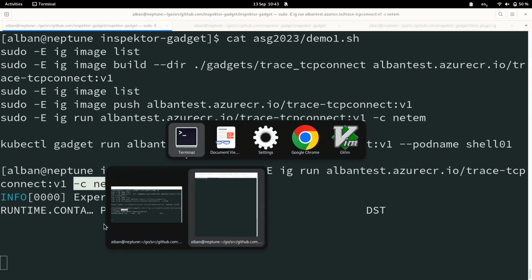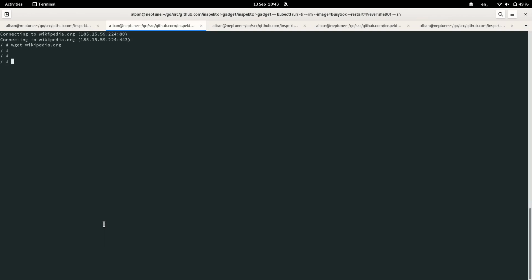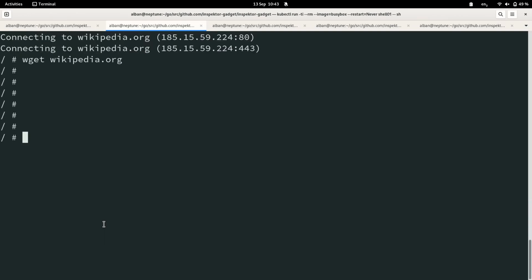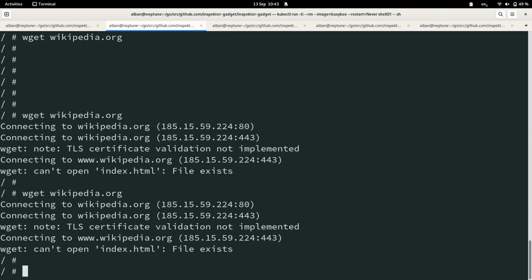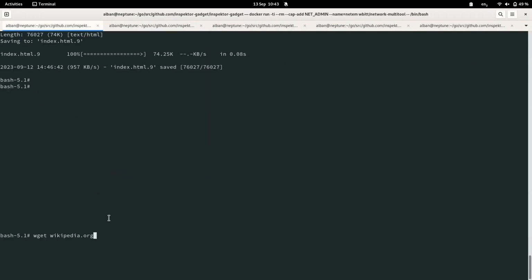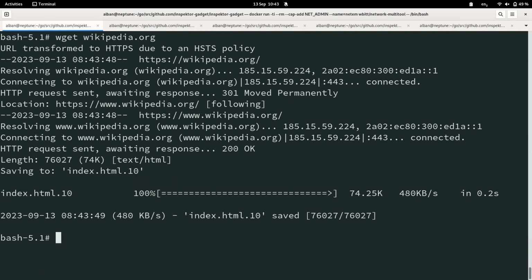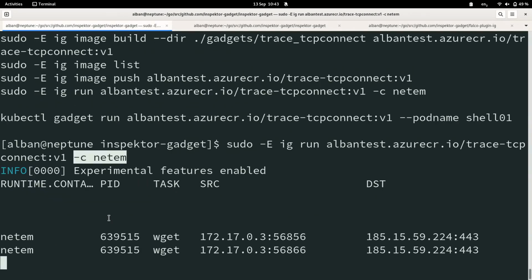In another terminal, here, I will make it bigger too. One second. Here I am inside a Docker container where I can run some commands. So it should generate some TCP connections. Oops, sorry. That's the demo effect. It doesn't work as I wanted. Oh, sorry. I used the wrong terminal. So let me start again. Here I am really in my Docker container. And I generated a couple of TCP connections